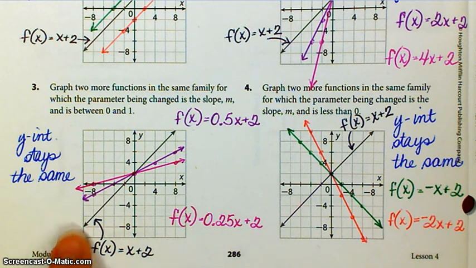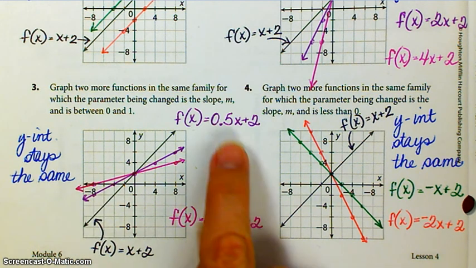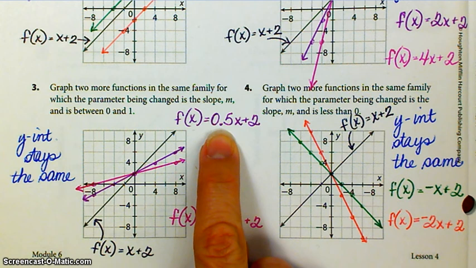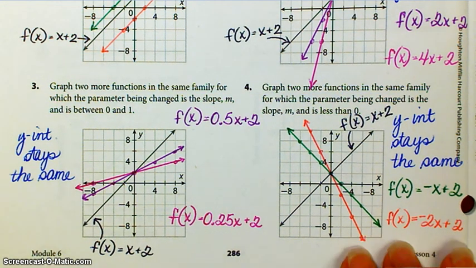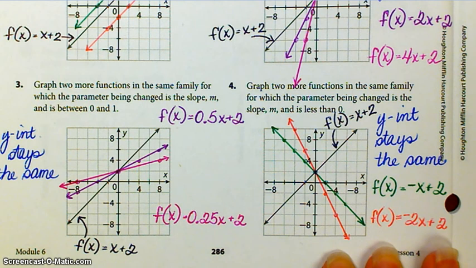Okay, so again, the black line is the original line, x plus 2. If I do 0.5x plus 2, that's the purple line, so it's not as steep as the original line. 0.25x plus 2 is the kind of pinkish line, and it's even flatter because the slope is even smaller. If I had gone ahead and said 0 was the slope, then we would get a horizontal line. All right, and then number 4 says to graph 2 more